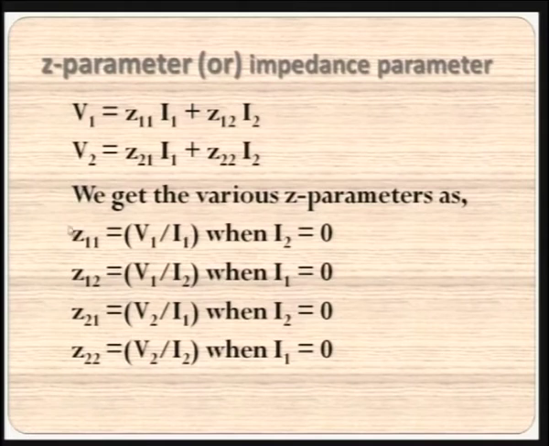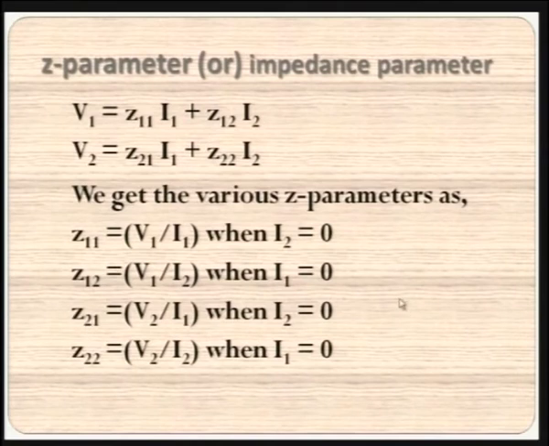So, it is representing the input impedance when I2 is 0. Similarly, I would like to show the forms, how we get them. In the second equation, Z12 is obtained by considering I1 as 0. Similarly, the same treatment is given for the second equation by taking I2 as 0 and I1 as 0, and we get the